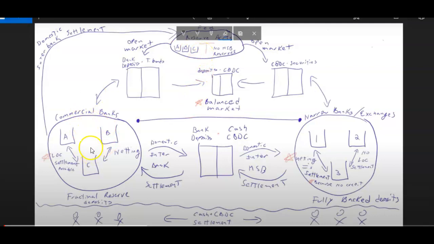Commercial banks. Now this is where they actually play a very important role, even though a lot of people like to hate them, especially after 2008. I get it. But they play a very important role because they help the economy breathe in and out. I'm going to get to that in a minute.